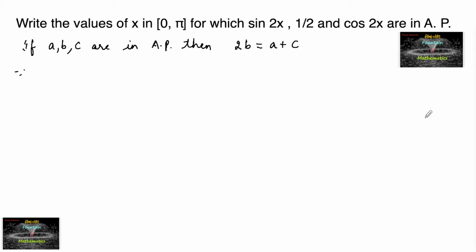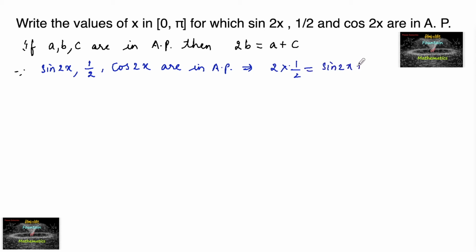Here sin 2x, 1 by 2 and cos 2x are in arithmetic progression, which implies 2 into 1 by 2 equals sin 2x plus cos 2x,